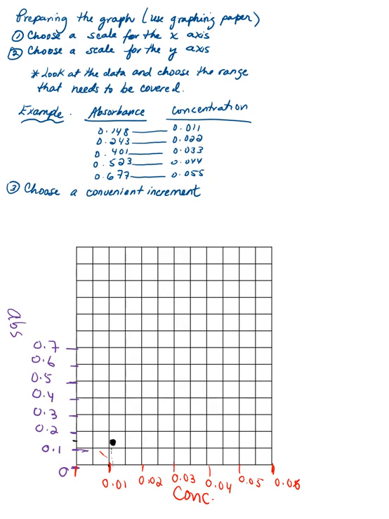Second one, 0.022, very close to my 0.02. And the absorbance for that one is 0.243, so 0.2, 0.3, 0.25, lower than 0.25. And where those two meet, you should have your second dot. Okay? So you can put all of your dots in a similar way, and then you have to trace a line